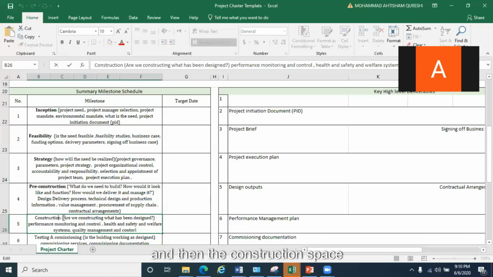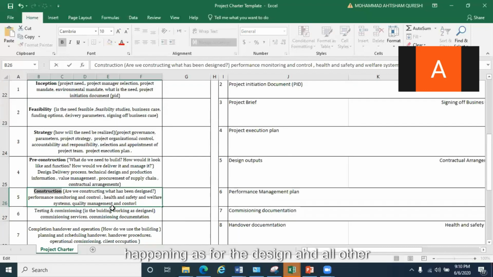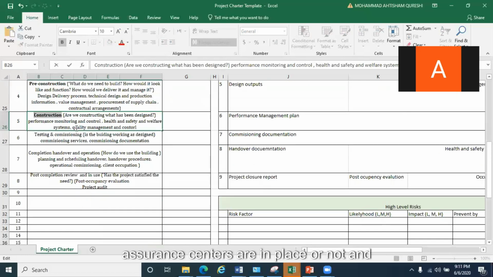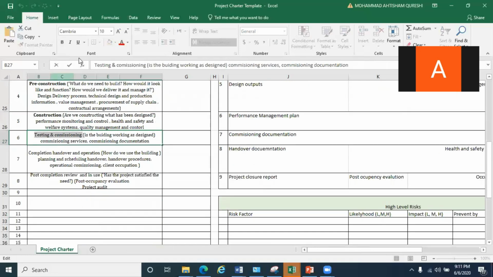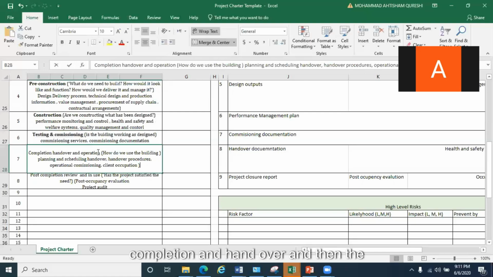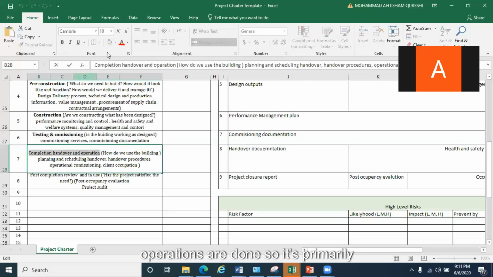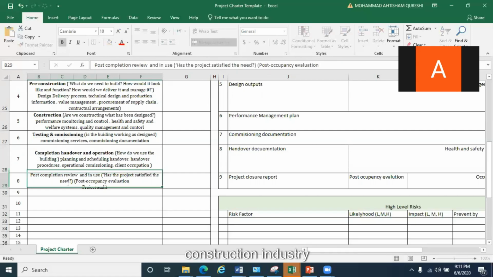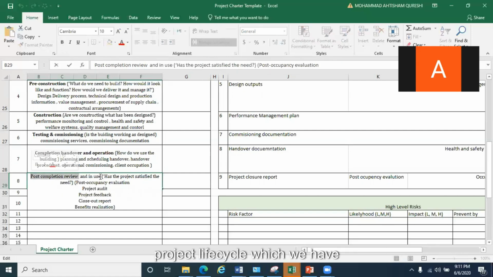And then the construction phase. In the construction phase, things will be constructed, but we will be continuously monitoring whether the construction is happening as per the design and whether all other assurance standards are in place or not. And then there is the testing and commissioning phase, where we do the commissioning of the deliverable and approve or reject it, and then completion and handover, and then the operations are done. So it's primarily the construction industry project life cycle, which we have,